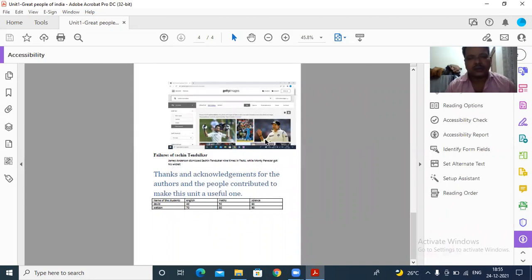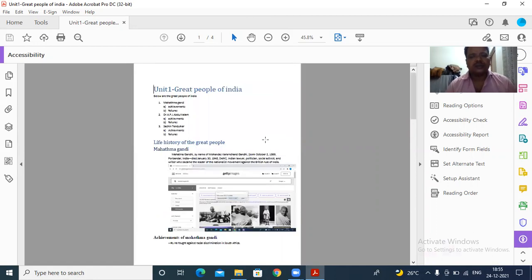So let me go to page number 1. Heading level 1 page. It is already on page 1 itself. So here, I press L for searching that 4 list items group. I'm pressing L.